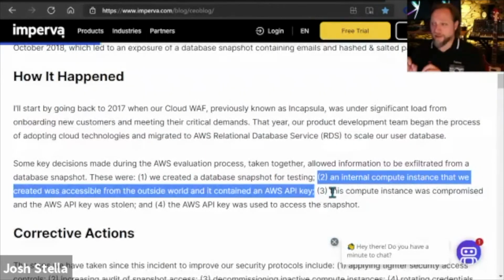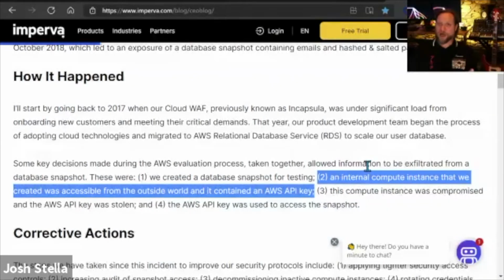All right, so that compute instance probably does not have access to log into that RDS database. That's not what the hackers did. Okay, what the hackers did here is they got into an internal compute instance. Very often in this kind of scenario, especially the word evaluation makes me think this, a lot more often in dev than in prod, you get people forgetting stuff, like leaving stuff laying around. And we call it orphaned infrastructure, or once hackers get it, zombie infrastructure.